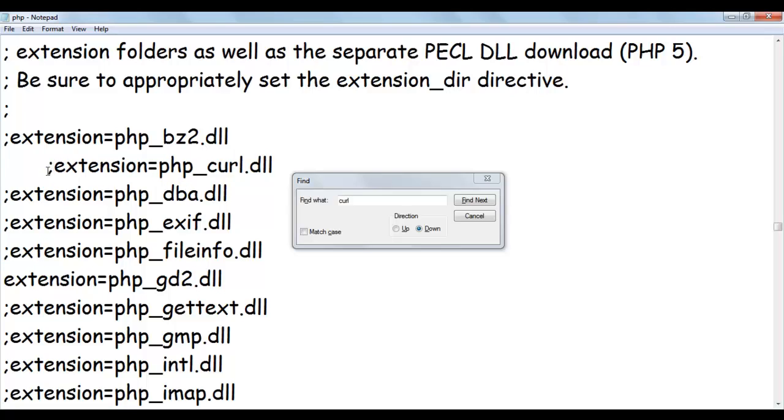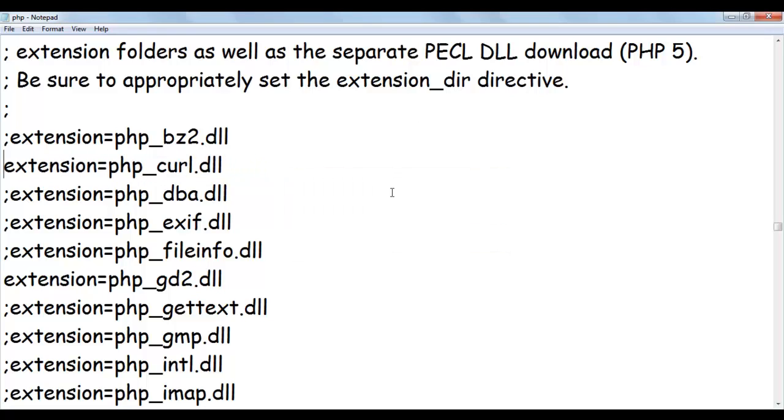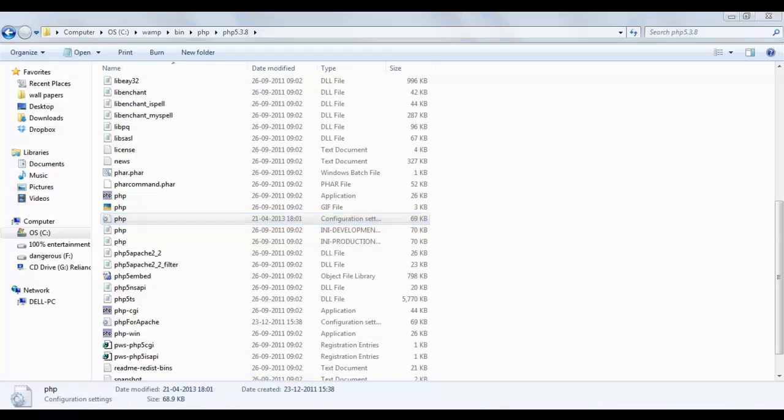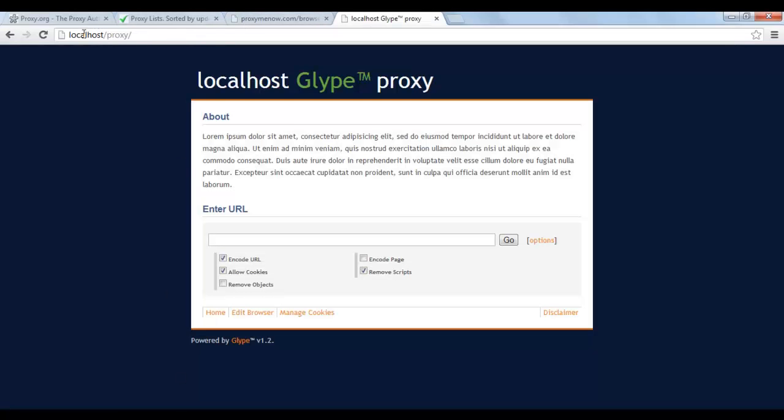Glype proxy is going to use this particular line. By default, it will be commented with a semicolon, so we just have to remove it. So that's all. If you are done with this, we will be able to use our proxy. Just save it, close it. Now open your browser and run it in